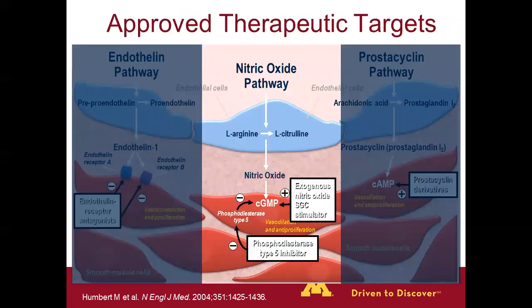The last pathway we target right now is the nitric oxide pathway. So nitric oxide is an endothelial-derived relaxing factor. It's produced in the endothelium. It diffuses into the smooth muscle, where it stimulates cGMP. cGMP is being